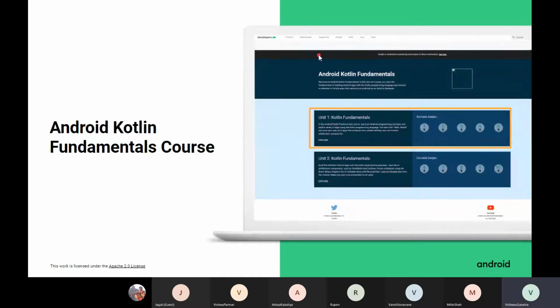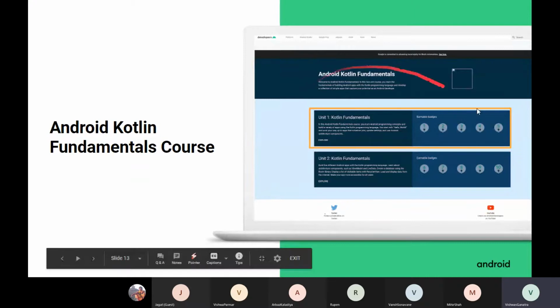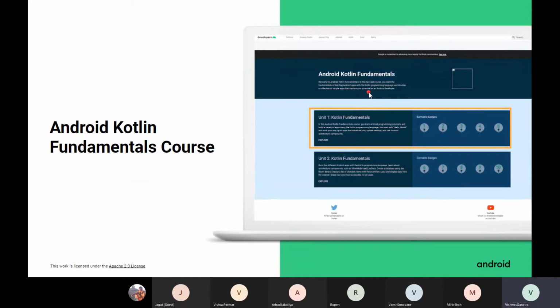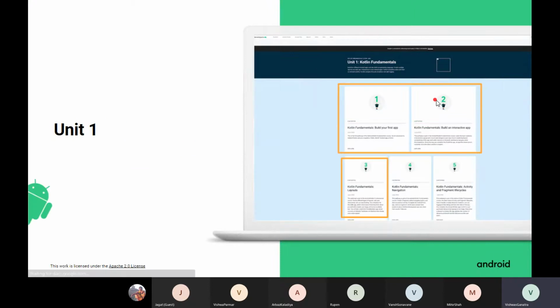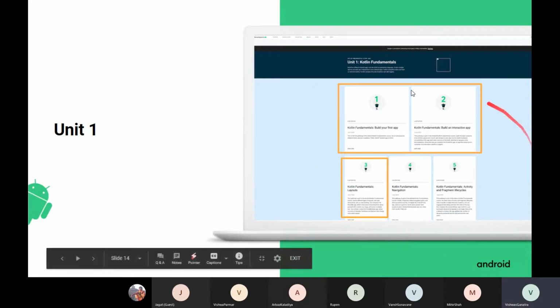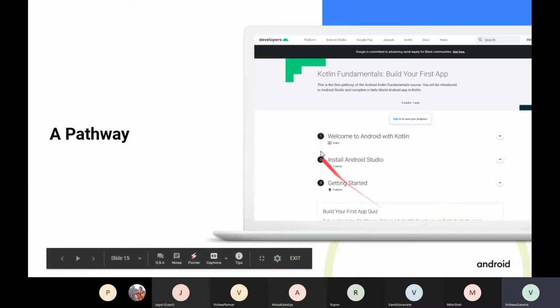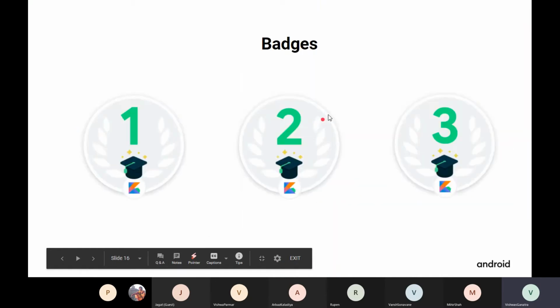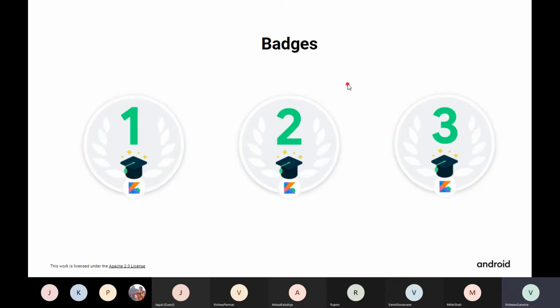In the prior programming experience track, there are two units, Kotlin fundamentals basically. The first unit may consist of some repeated code labs from the first track itself, so you also need to get those badges. In total, you need to complete all of these pathways, and each pathway has quizzes and code labs, and you need to pass the quiz and get your badges. In total, you need 16 badges to get certified.